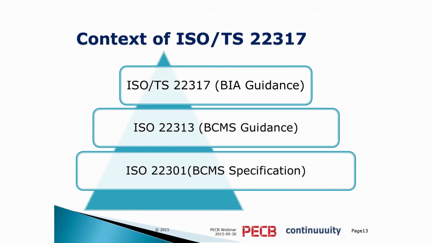This is the main document, the core document, against which an organization can be certified, and which spells out in very clear terms what shall be done, A, B, C, D, to be compliant. And if one of the points is not fulfilled, then you're not compliant on this section of the standard.